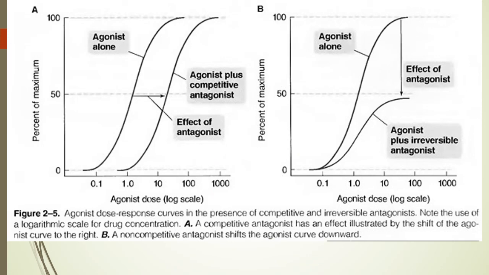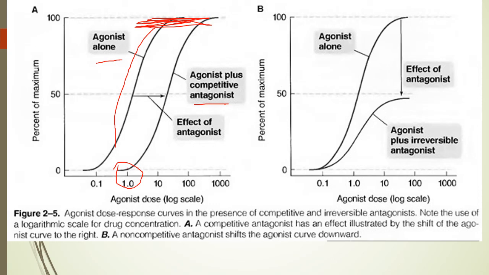That is the graph showing the percentage response in the presence of the agonist alone, and agonist plus antagonist, that is competitive. So if you are increasing the dose, you are going to reach the same level of response. So at that point, 5 ml, you are going to have this, but in the presence of that competitive antagonist, you are going to have the same effect at the concentration of 0.10. But the opposite is the case with the other type.